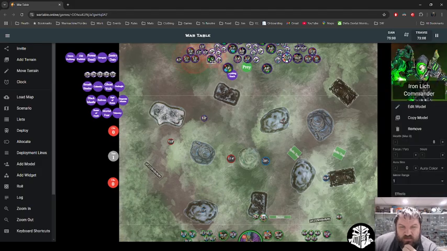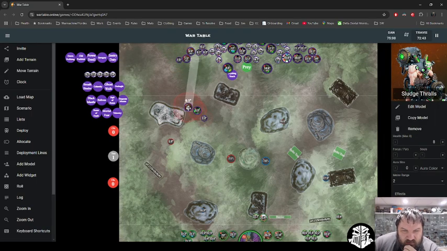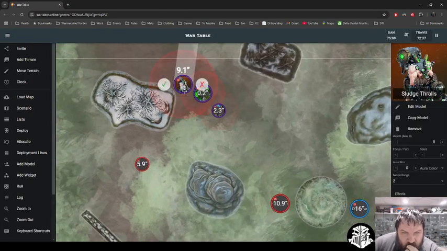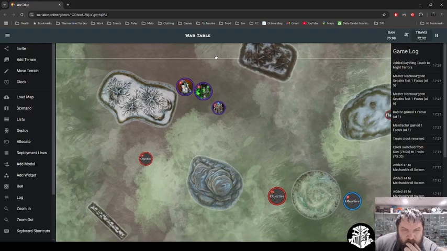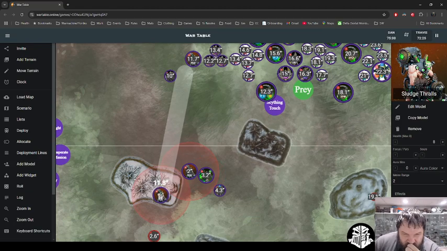Next, we're going to go with the Iron Lich Commander. He's immediately going to get the Grave Robbing, so he's going to gain a soul. And then he is going to run. He runs 10 inches, to there. My Sludge Thralls. We're going to see how badly I screwed this up. It's going to run to right there. The rest of the friends are